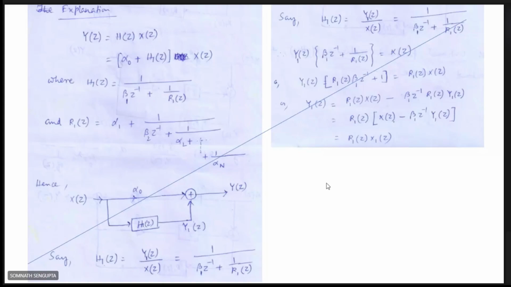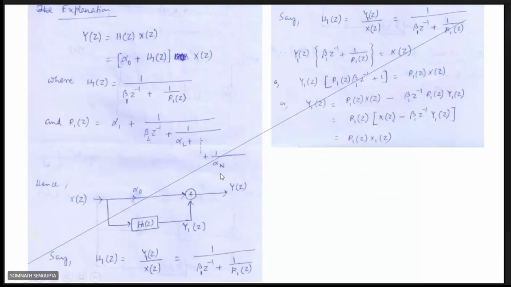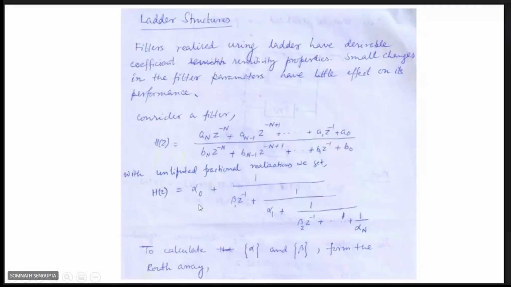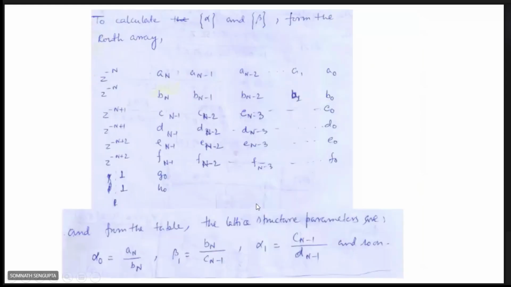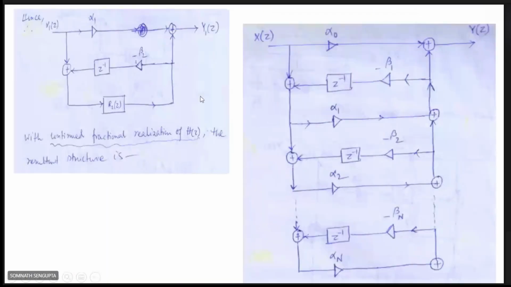Understand. But the final structure I am drawing for you, whatever division is taking place, is in the form of alpha 0 plus 1 by beta z inverse. How it is coming is explained here. But the final structure will look like this. Alpha 0